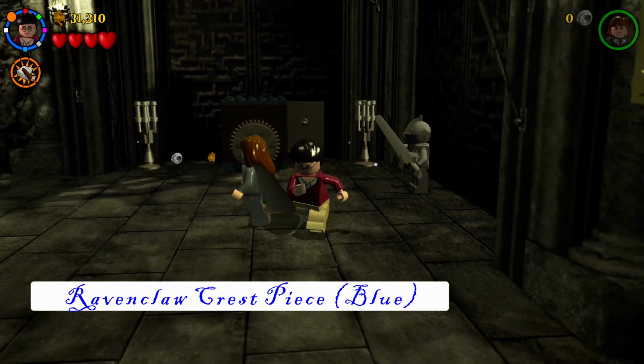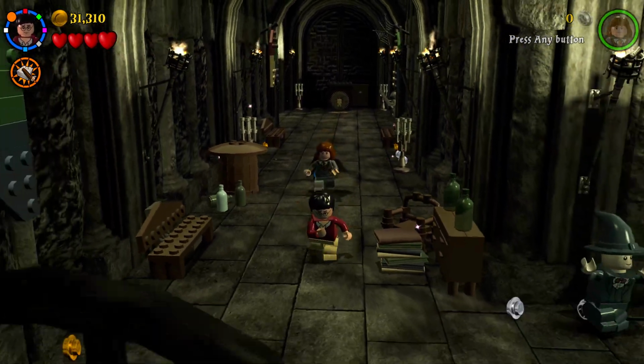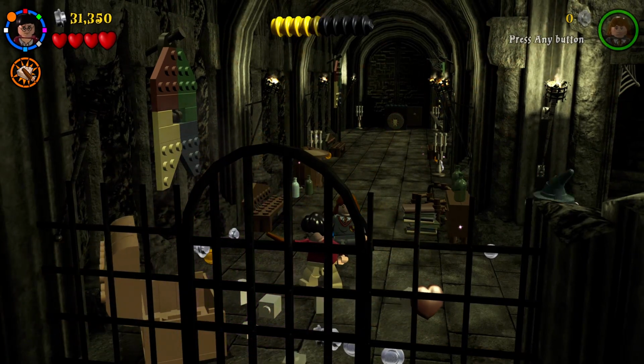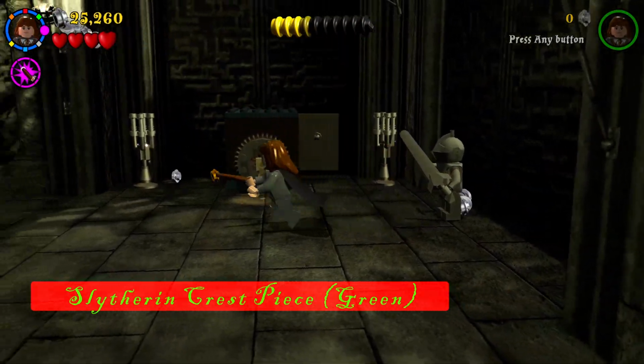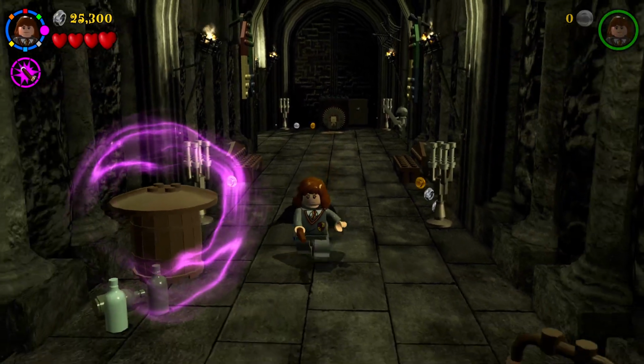From that vault, we're just going to progress towards the screen down the hallway, and as you get to the end of the hallway, there's going to be a chest hidden in the corner here with a lock on it that you can use Reducto on. Once you use Reducto on that lock, then you can shoot the chest in order to get our Ravenclaw crest piece. So for orientation's sake, we're going to start back at that vault, and now for the Slytherin crest piece,